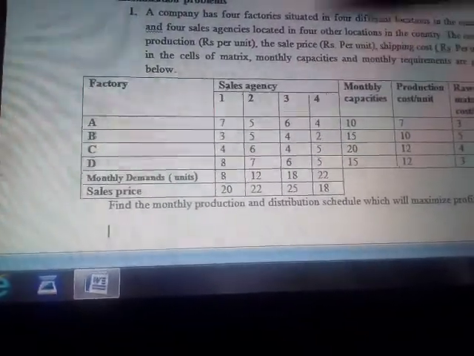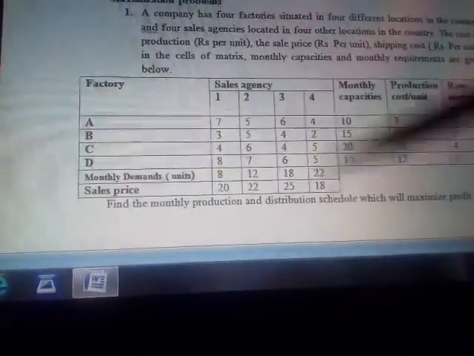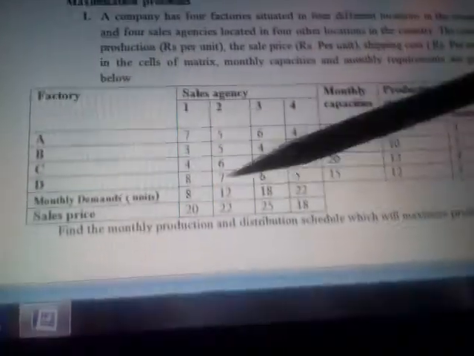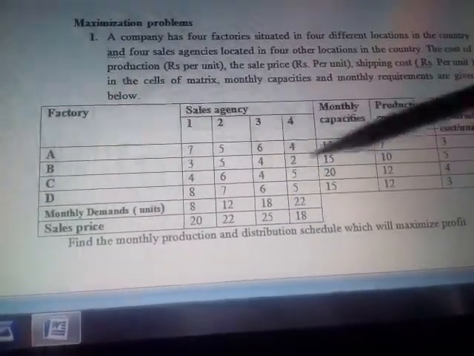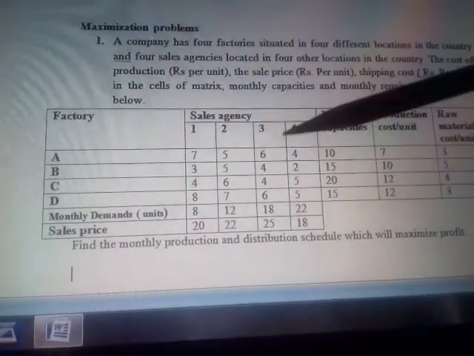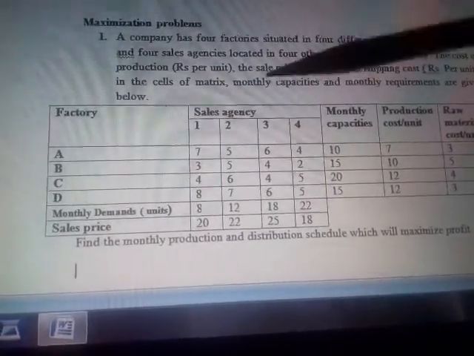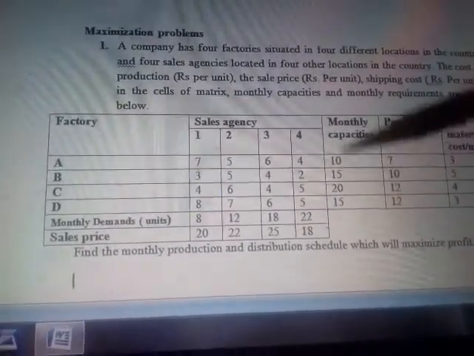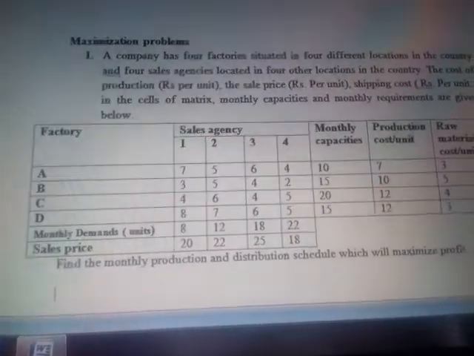Then you have to convert that profit matrix into a cost matrix. So far, in the previous video, we have discussed the cost matrix. The given one is a cost matrix, transportation cost. Okay, so here it is given profit. Once you get a profit, you have to convert that profit into a cost matrix. Then you have to do the usual procedure.